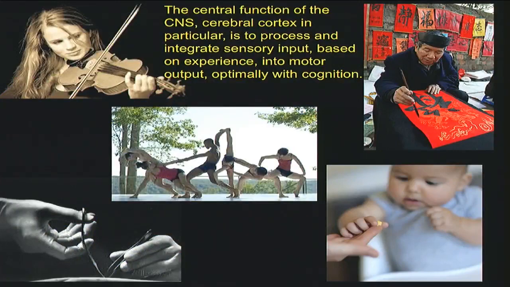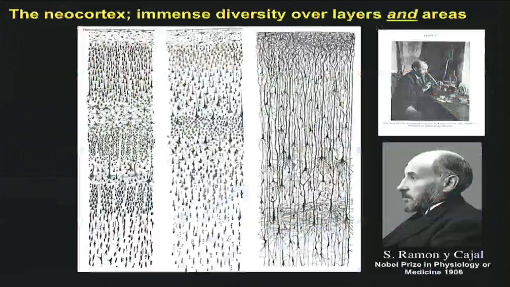I'd like to put a little more subtle touch, because I believe the central function of the central nervous system, the cortex in particular, is to process and integrate sensory input based on experience, hopefully with some cognition, with some memory, then into motor output. And all of these highest level motor functions rely on high level circuits of the cerebral cortex,